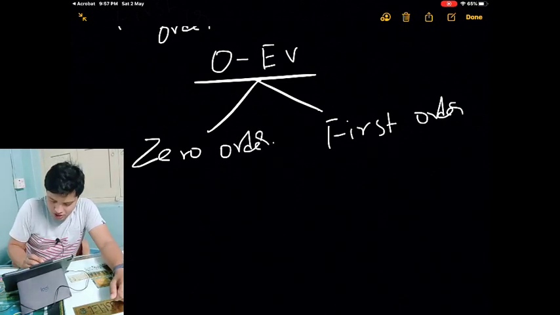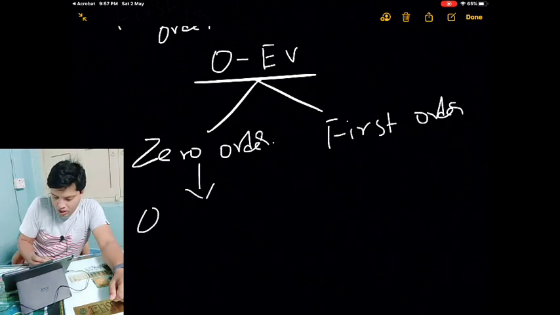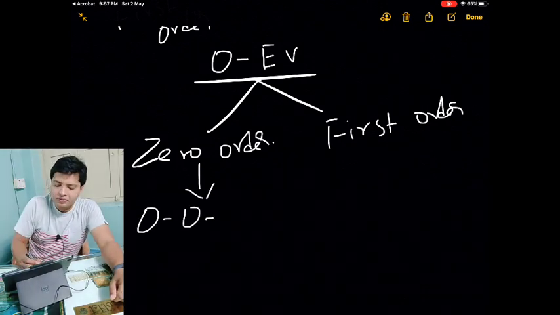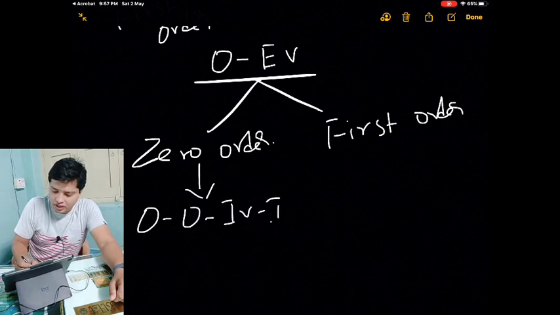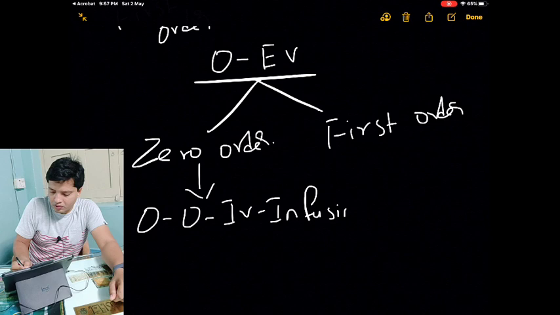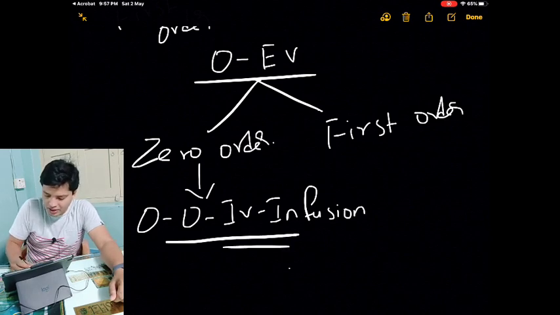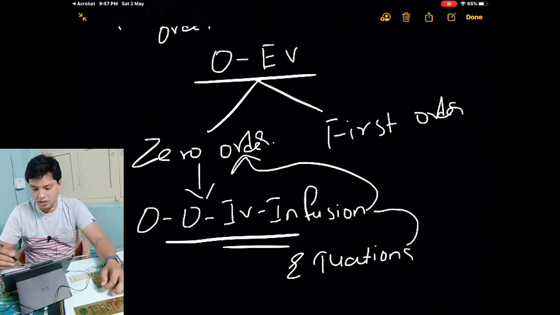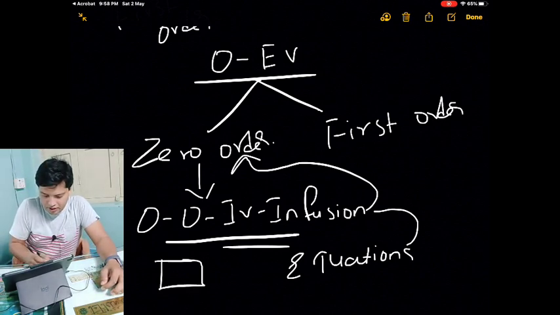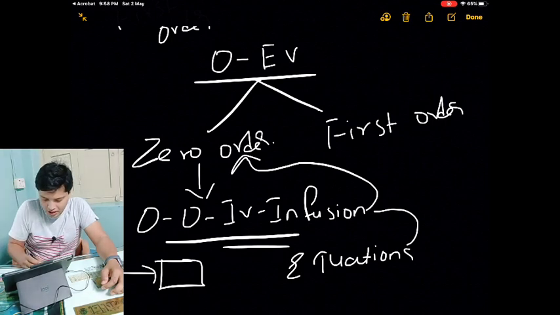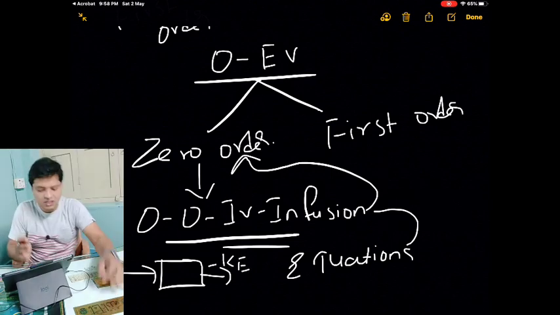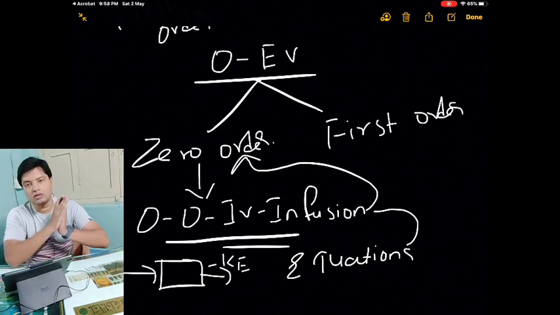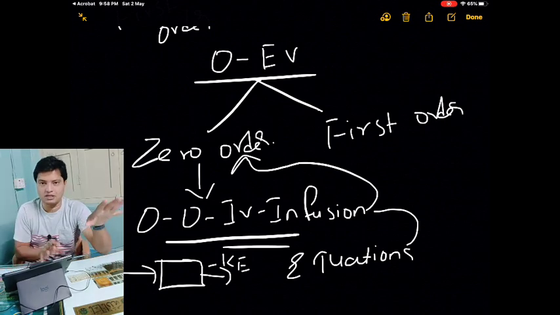Now if you are considering zero order, whatever we saw for the one compartment open model IV infusion, whatever equations pertain to that are applicable to this. Because whatever you are giving to one compartment, if you are giving the drug through zero order, and the drug is leaving the body through first order, it is similar to the IV infusion. Hence whatever equations for the IV infusion are there, that is applicable for this.